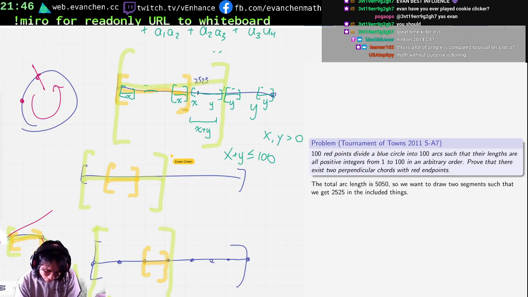Oh, you know what would be really slick is if we could rig x equals y, then definitely one of the cases doesn't show up. I don't know if that's possible. There's only there's